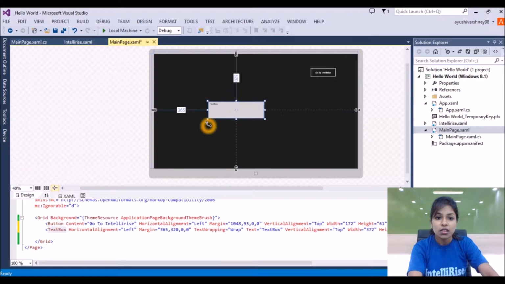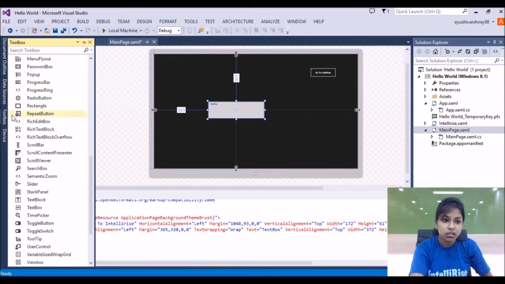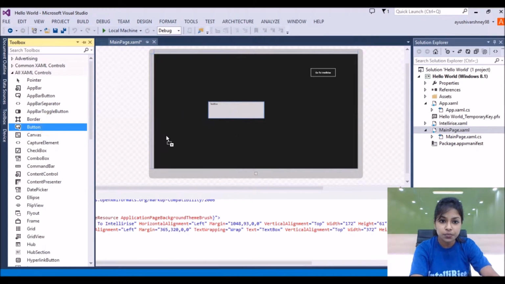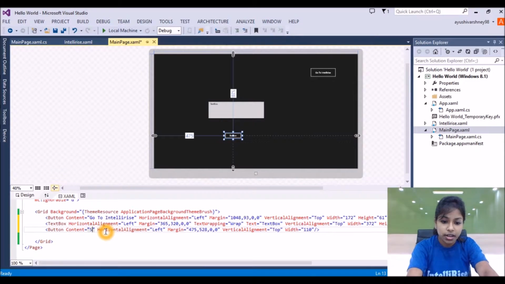Now I want a button also for submitting the data, so I'm adding one more button to our main page, and I want the button content changed, so I'll write Submit.